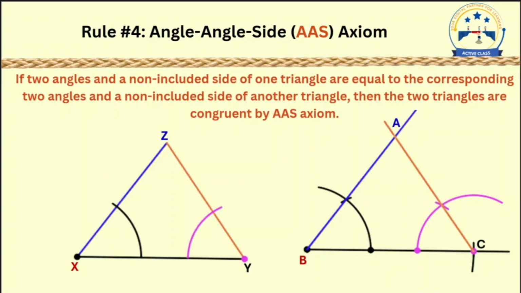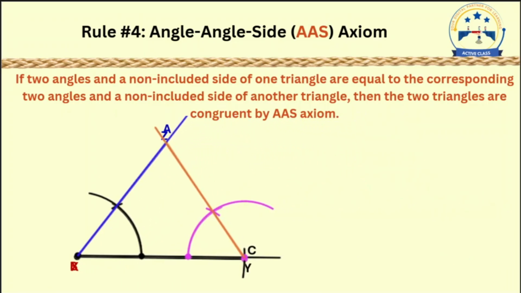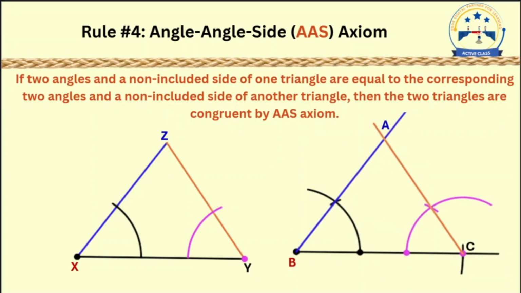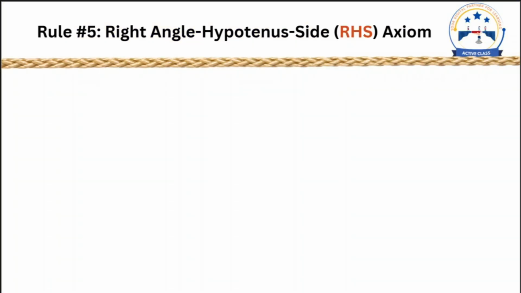Proof of AAS works just like ASA. If two angles are equal, the third angle must be equal too. So follow the same steps as before. Construct two triangles with the same two angles and a non-included side. Cut them out and stack them up. Do they match up perfectly? Yes, that's AAS in action. Finally,